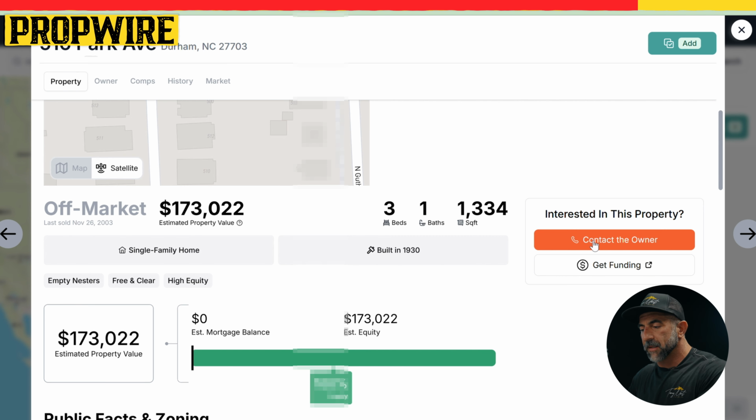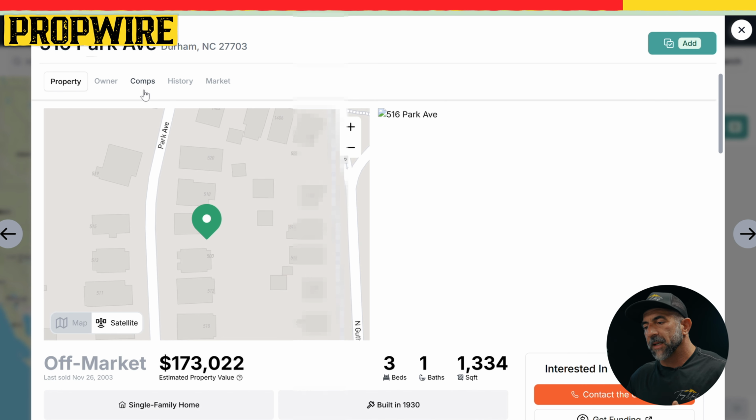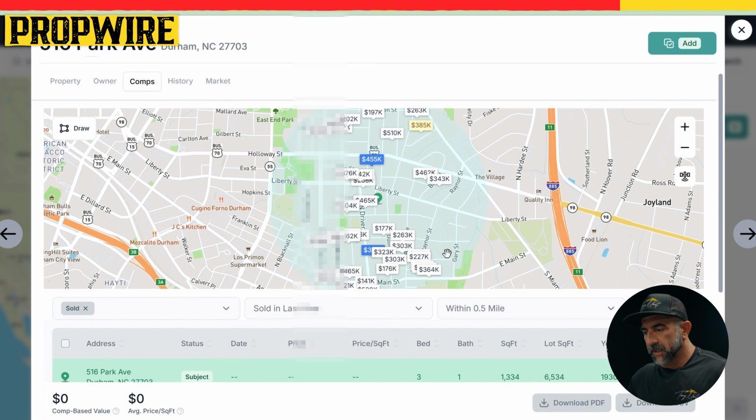So you can find this property owner's information with a click of a button with cheap skip tracing. So it's nice and easy. But this is our subject property. We're looking for the flippers. Remember that. One thing I don't like about it is if you click on your comps for this particular property,